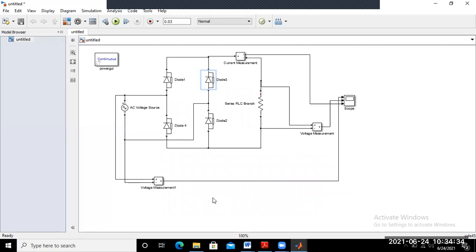So how can we obtain the waveform of the output voltage? It is showing some error, and this problem we can sort out.